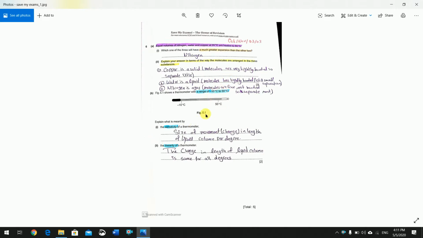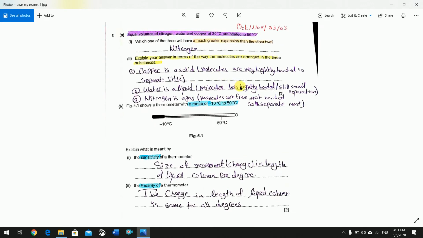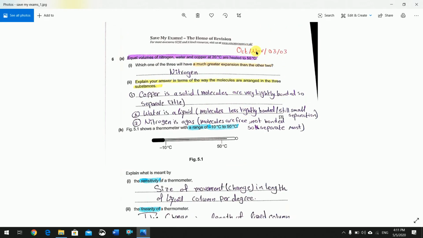Today we're going to solve some of the past paper questions that are related to thermal physics. Okay, let's start with this one just to give you a little heads up. This here is the reference for the question in the past paper. So this is October-November paper 3 and